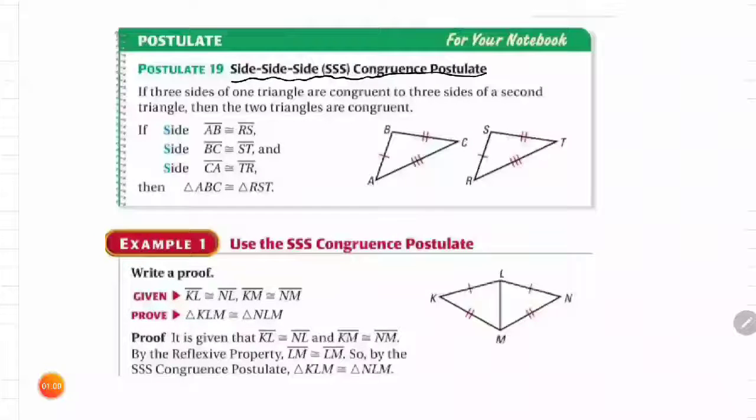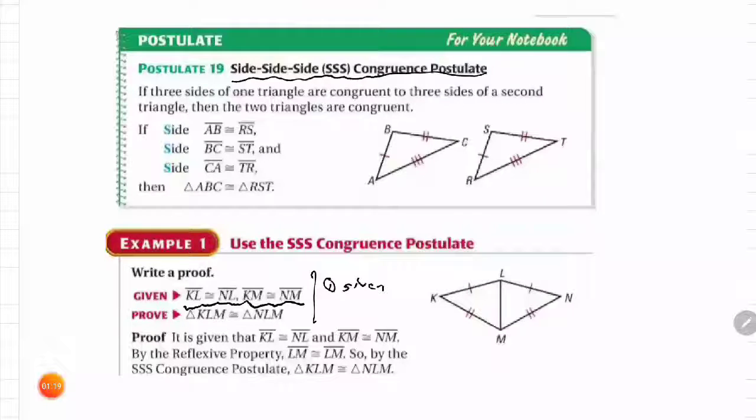Let's look at an example proof here. Pretty quick, easy, kind of a 3-stepper. In step 1, you would write your statement: KL is congruent to NL, KM is congruent to NM, and that's because 1 is given. And then in step 2,